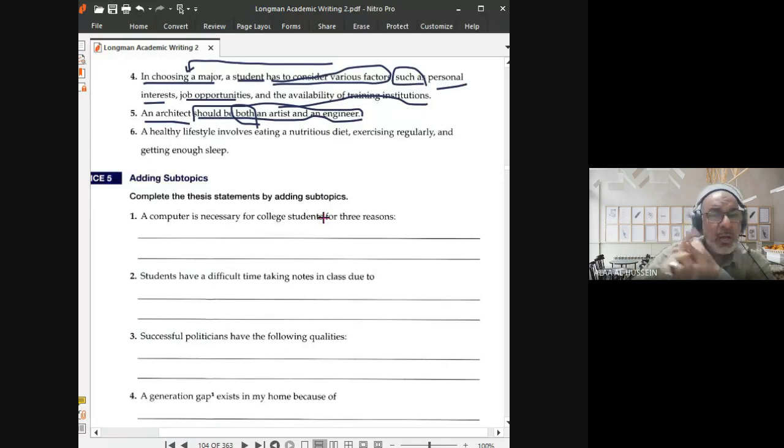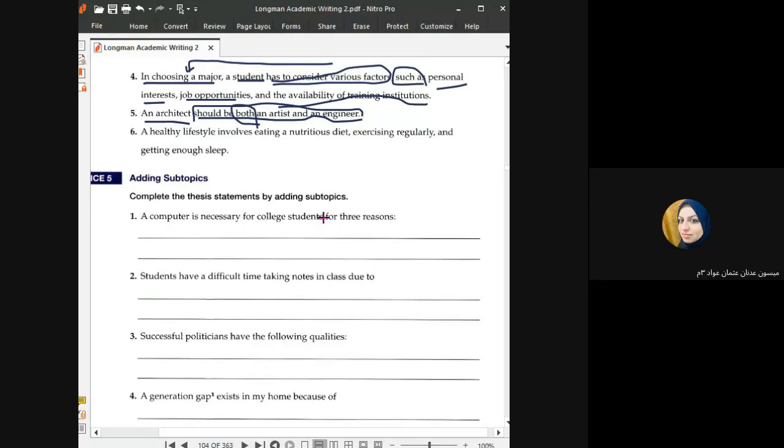First of all, it is the controlling idea as a whole, and it includes in it the sub ideas. Why? This depends on the verb we used and the signaling word we used, plus the verb. The verb to be, for example "should be," is called a weak verb. Well, "should" is a modal, but am, is, are, was, were are called weak verbs, and after them comes either a noun or an adjective.